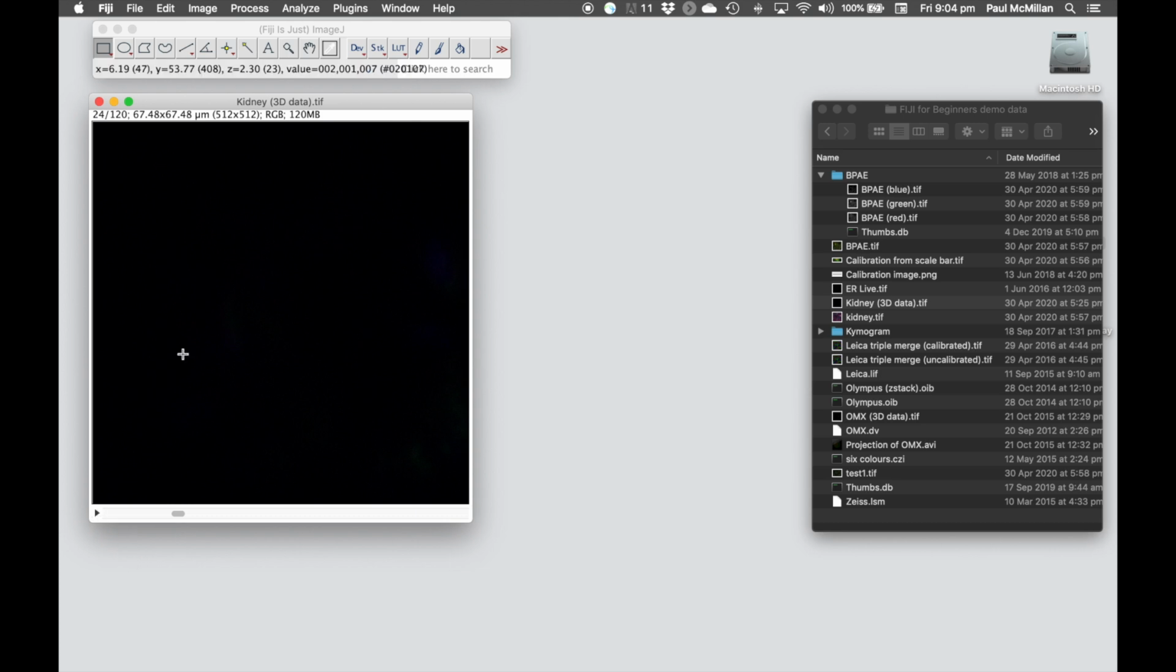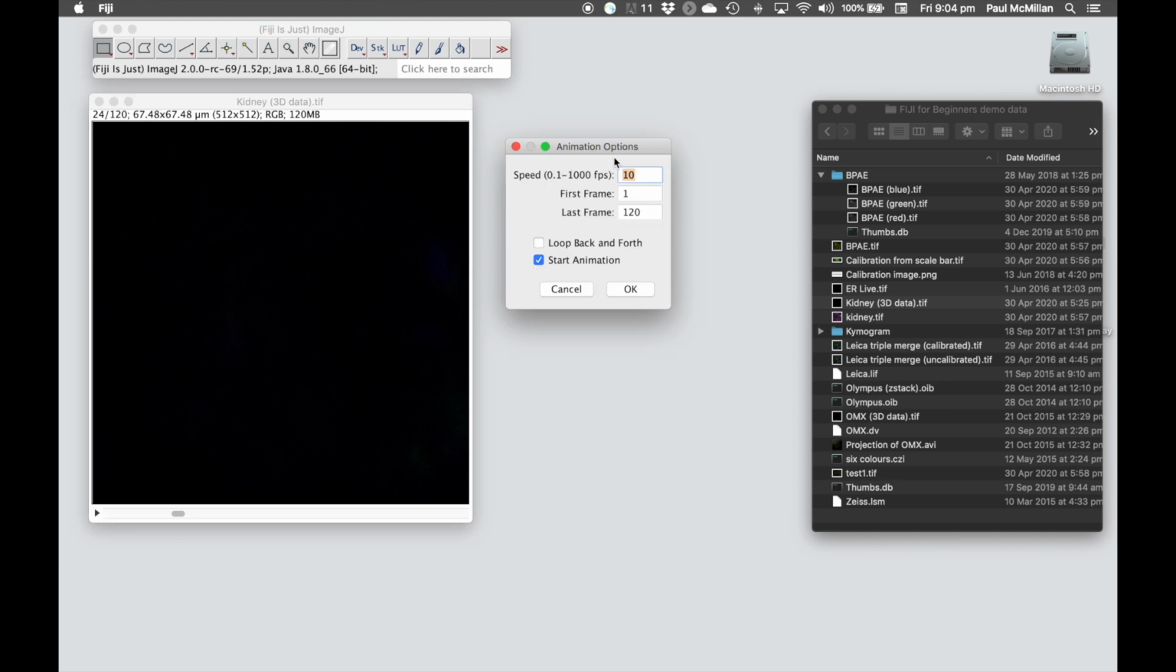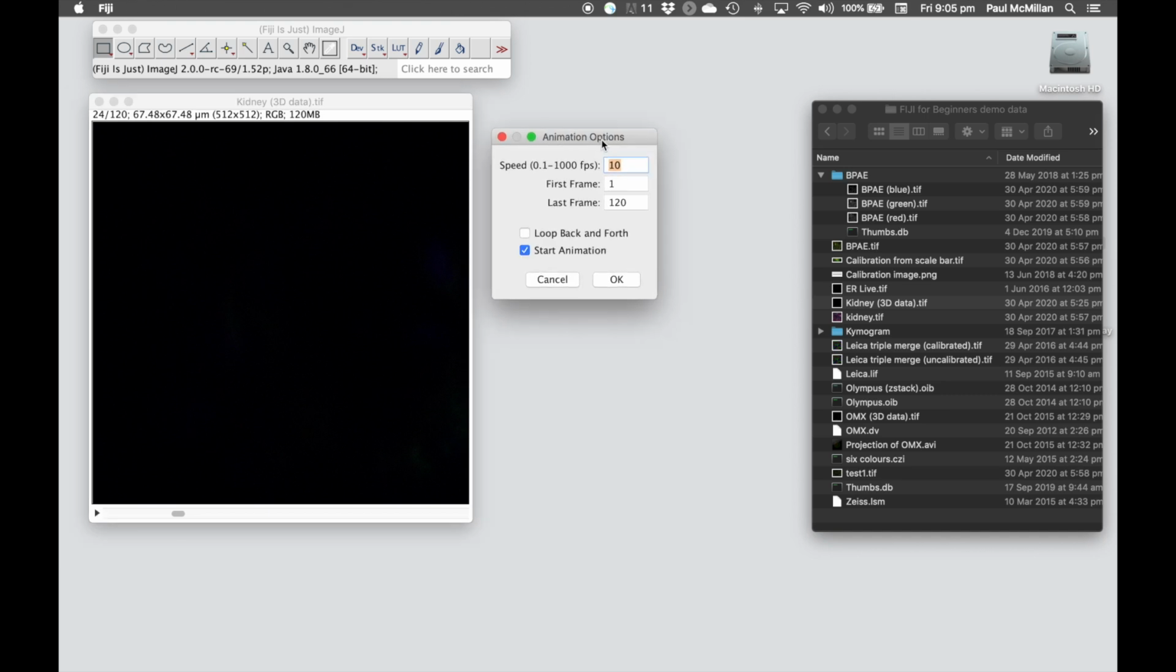Okay, so if we want to play around with these settings, we can right click on here and it allows us to change some of the parameters. So for example, we can change the speed that we're playing the image at. For movies to scan fairly cleanly through, you want to have at least 10 frames per second, more like 15 to 20 ideally, but that depends on the number of Z stacks that you have